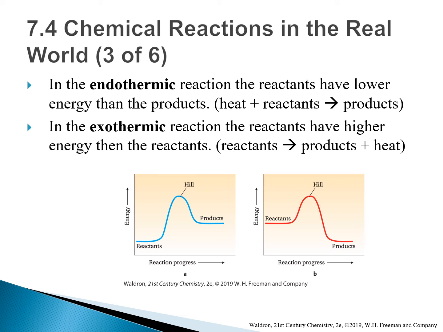In the reaction energy diagram on the left, the energy of the products is higher than the energy of the reactants. This indicates an endothermic reaction, one that absorbs heat energy. Because an endothermic chemical reaction requires heat energy as a reactant, we can even add the words heat energy on the left side of the balanced equation, although it is technically not a formal part of the